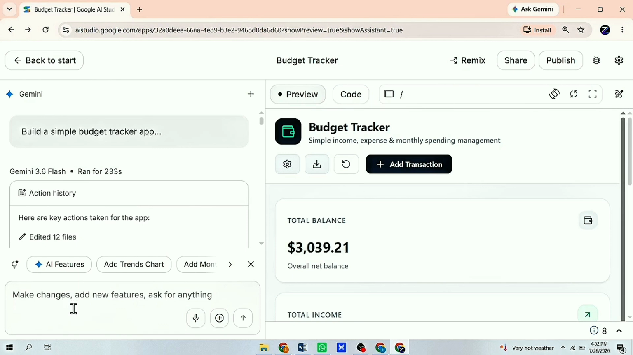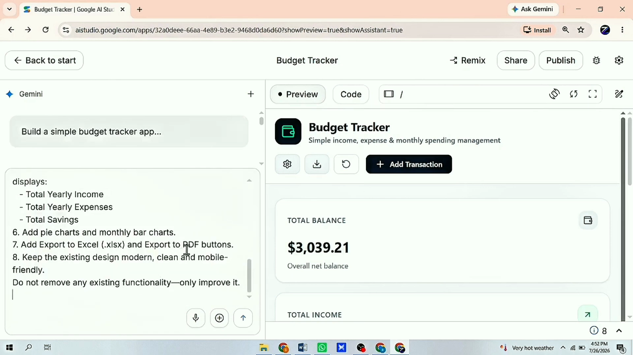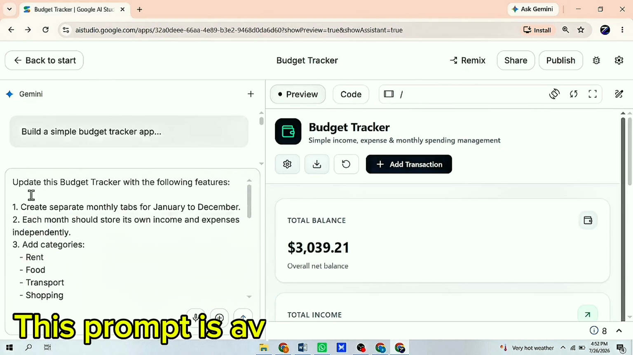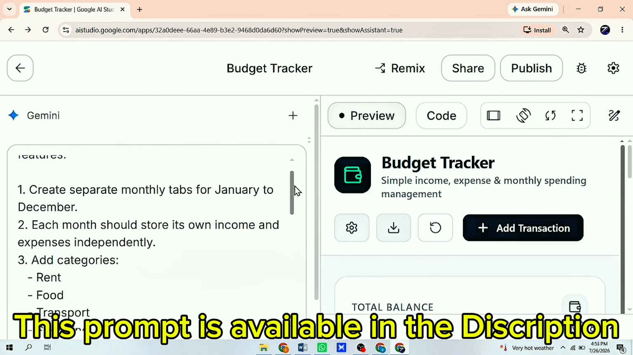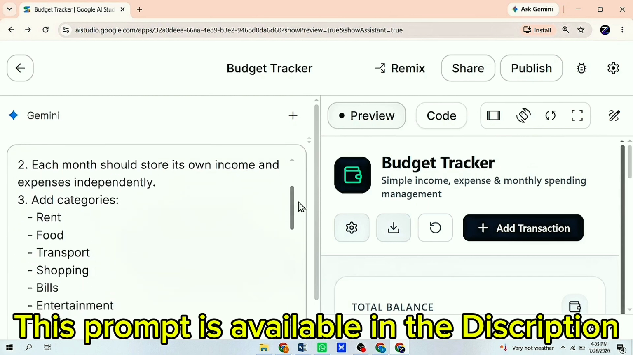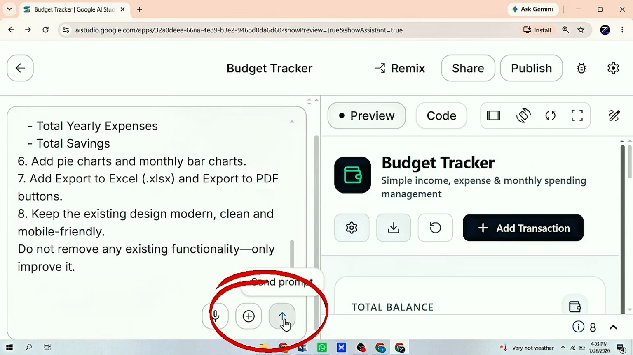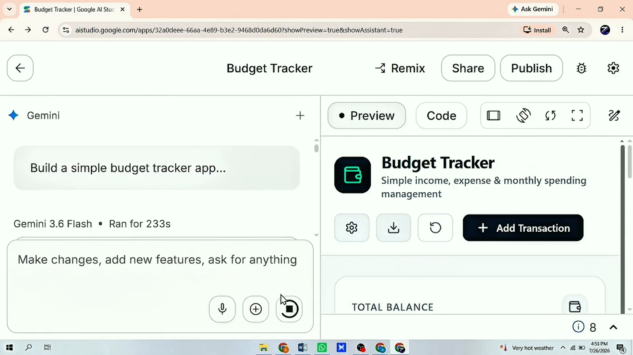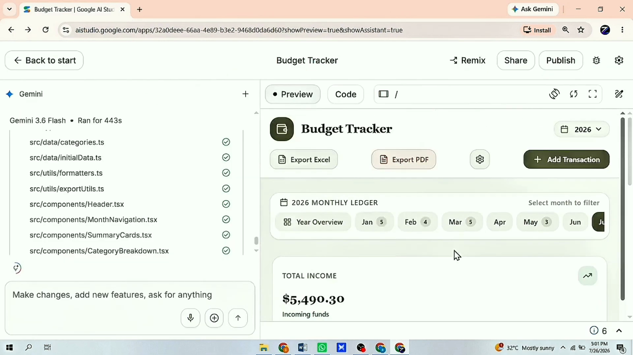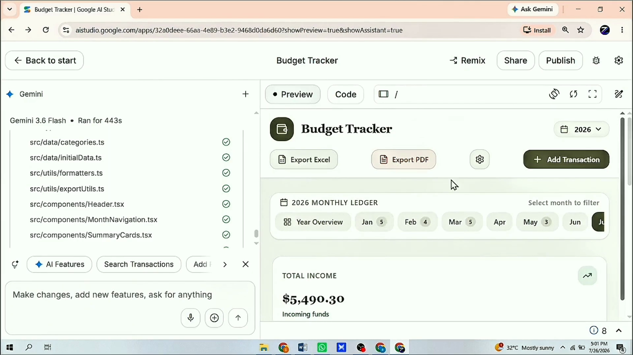But honestly, this is just the beginning. Let's make it much more powerful by adding monthly tabs, PDF reports, etc. You can copy the prompt from the description. Click on Run to modify the tracker. In a few seconds, our budget tracker is now updated with extra features,